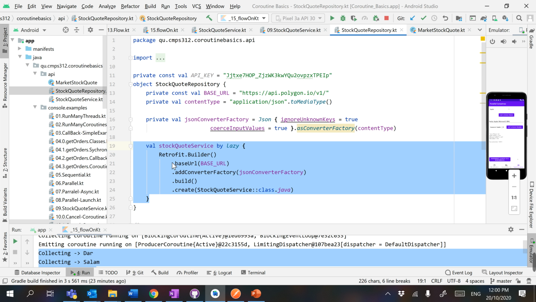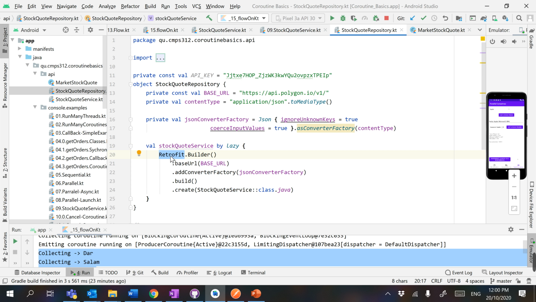I just ask Retrofit, please go ahead and generate for me a class that will allow me to interact with the service available at this URL. This is the base URL. And when I interact with this service, convert the input and output from an object to JSON, using